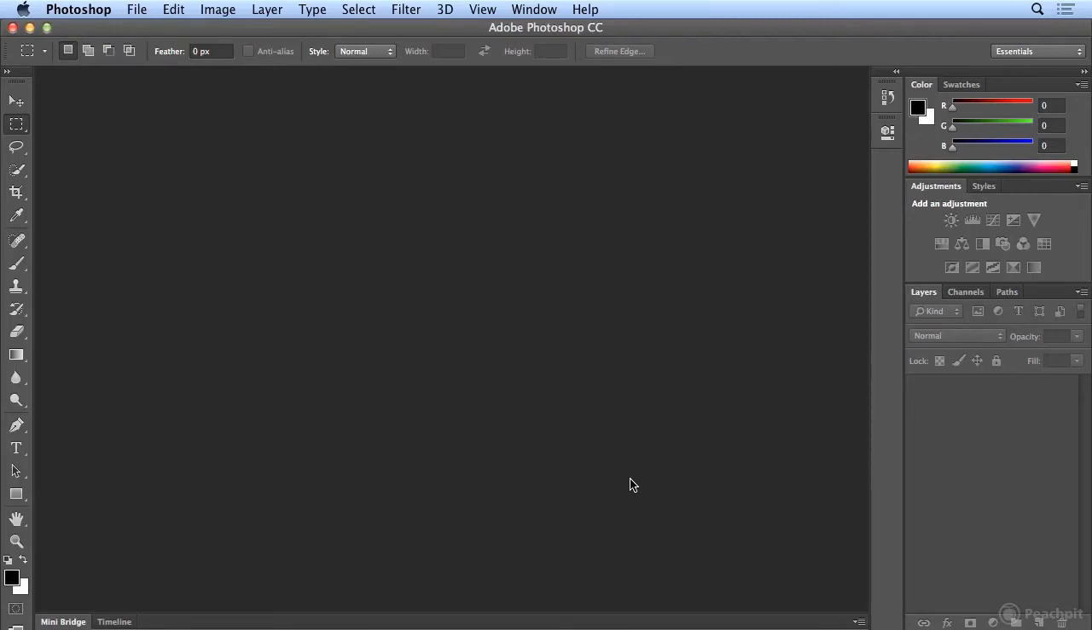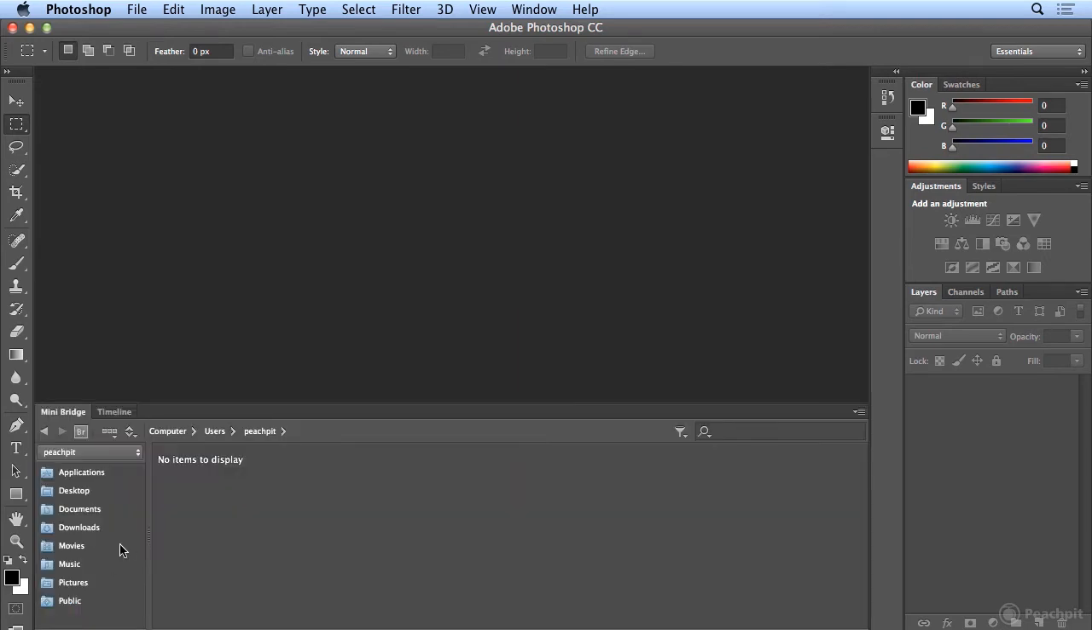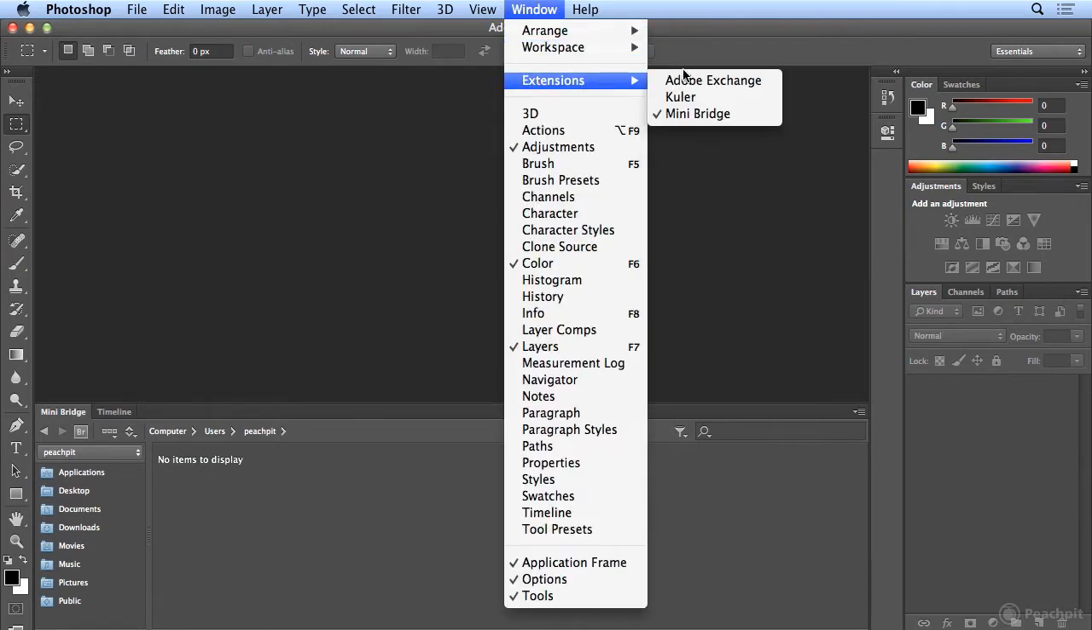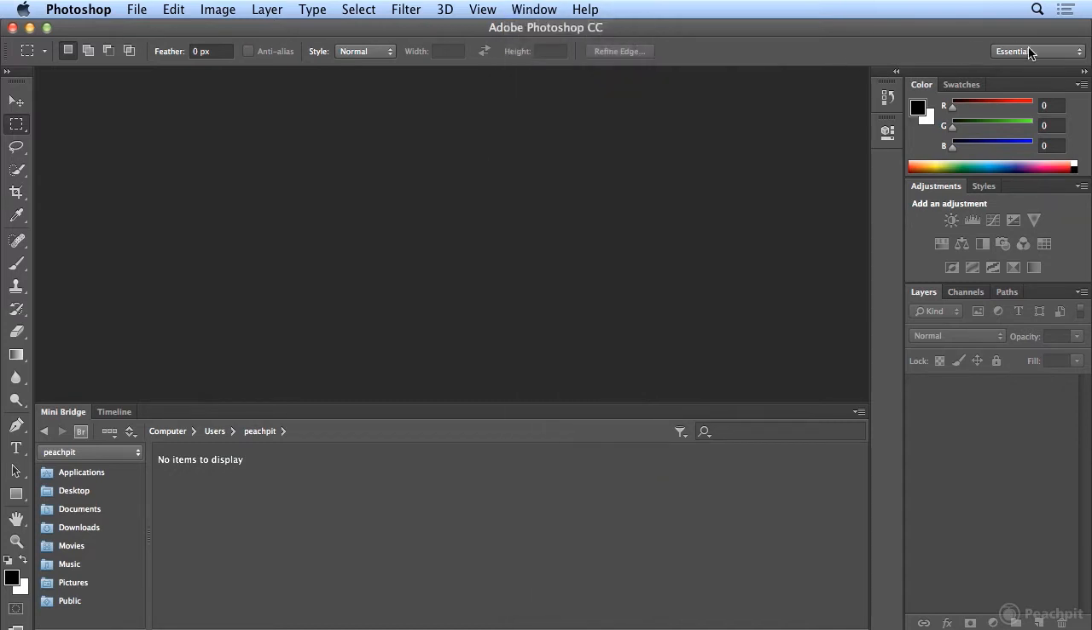Mini Bridge is such a helpful feature in Photoshop that I don't know how I survived without it before it existed. If you look at the bottom of your screen, you'll see Mini Bridge. If it's not there, you can bring it up yourself by going to the Window menu and choosing Extensions and Mini Bridge. Mini Bridge is automatically part of the Essentials workspace, so if you're on Essentials, you'll have it there